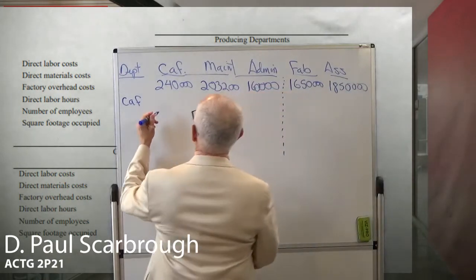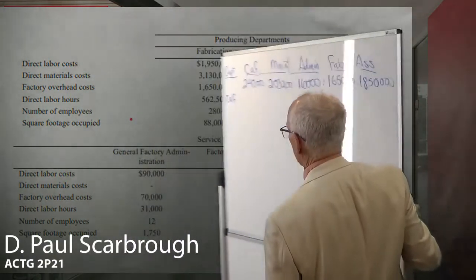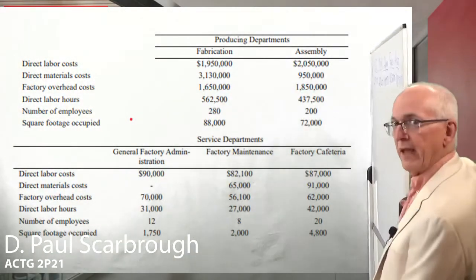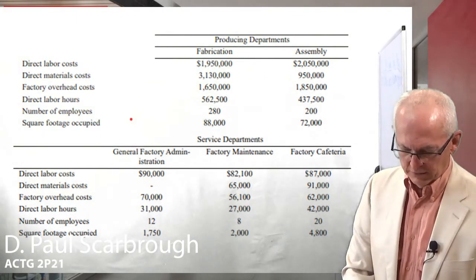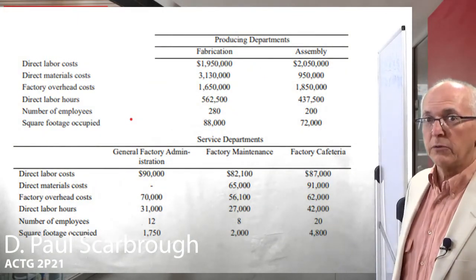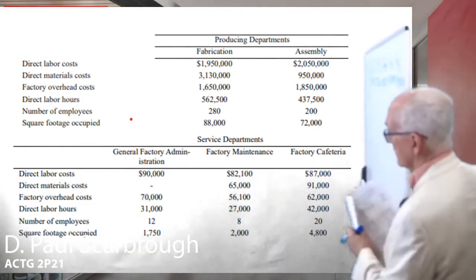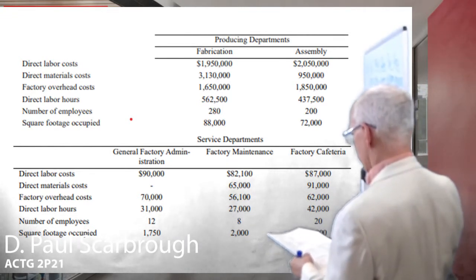So as soon as we do this transfer, it becomes totally an indirect cost. And we'll do the first one. But first, let us look back at our little list and say, okay, how do we transfer the cafeteria cost? What was the basis that we used for that? Well, number of employees, right? So what we need to do then is look at the data and say, how many employees do we have? If we look across, we will see,